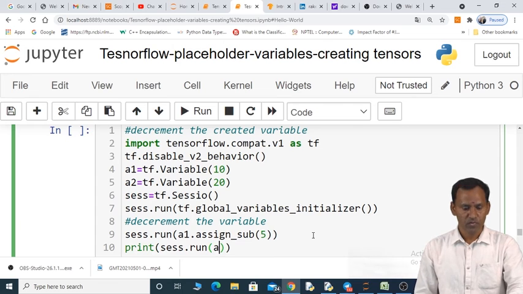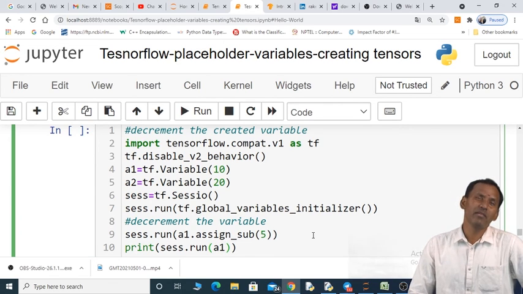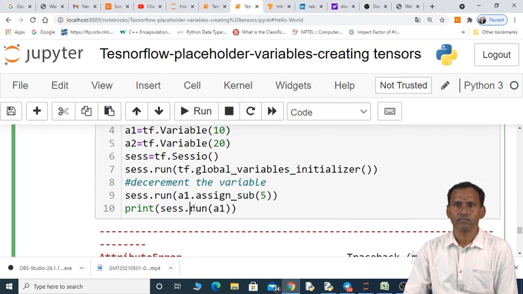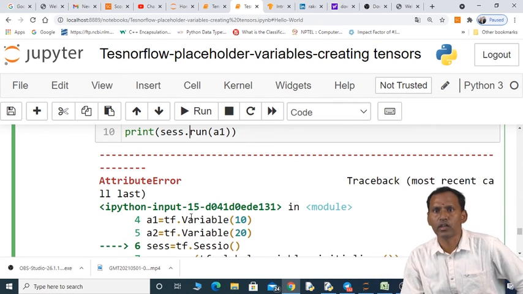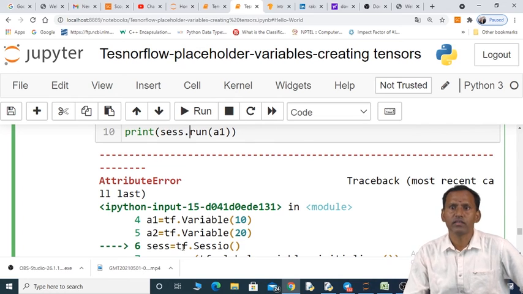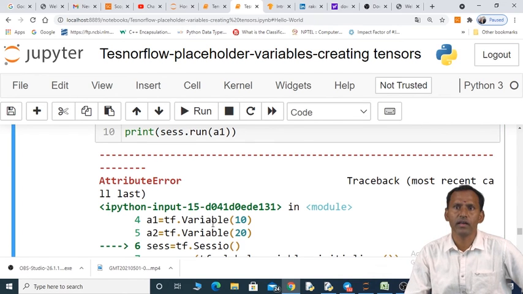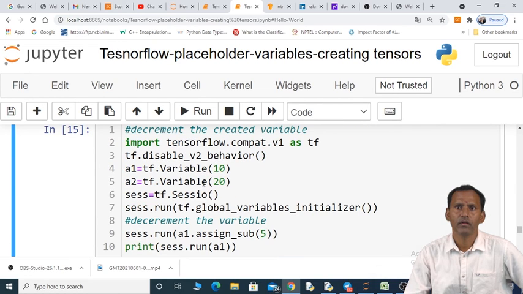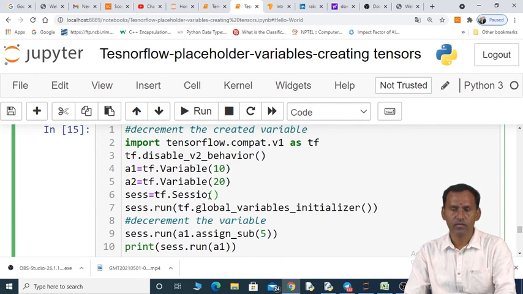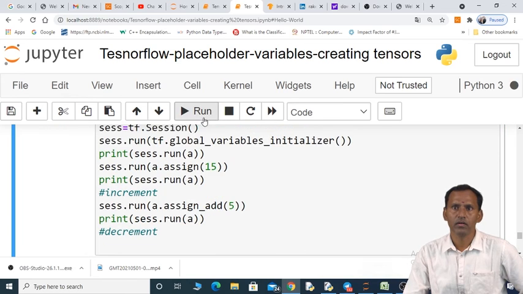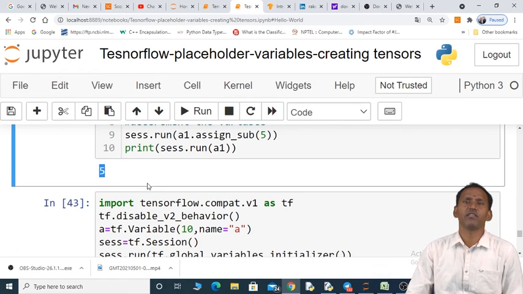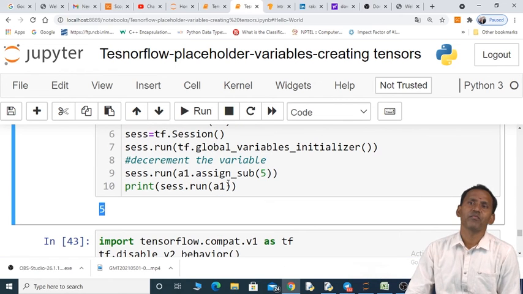Now we'll see its updated decremented value, it should be 5. Yeah, it got an attribute error. Sys dot tf dot session, here an n was missed. So previously it was 10, now after decrementing, the current updated value is 5.